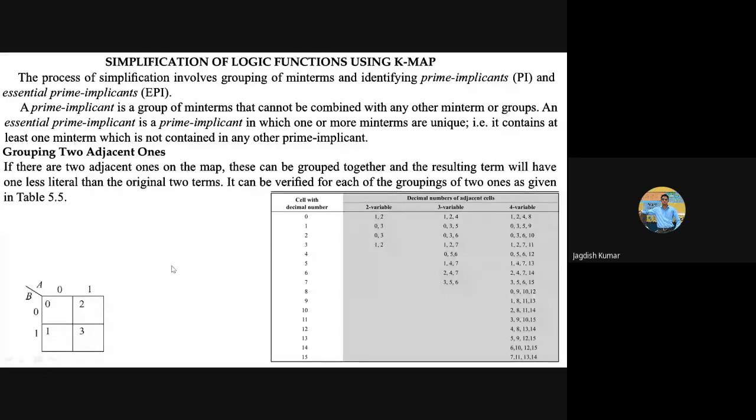Means if you take 0, let us say M0, what are the adjacent ones? If this is 1, which ones can be combined with this one? This is given in this table. So this table tells which ones can be combined with this. If you are at the 0 cell in this table, then this 0 has neighbors. Which one? 1, this one, 0, 1. Don't confuse these with the others. These are just input values, right?